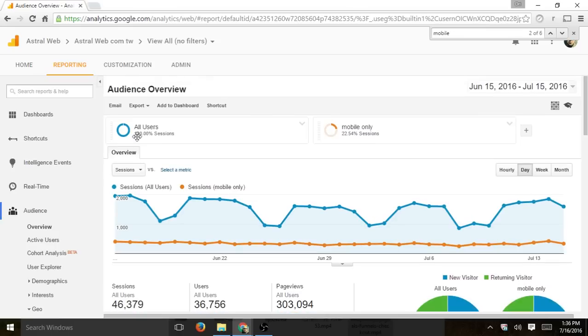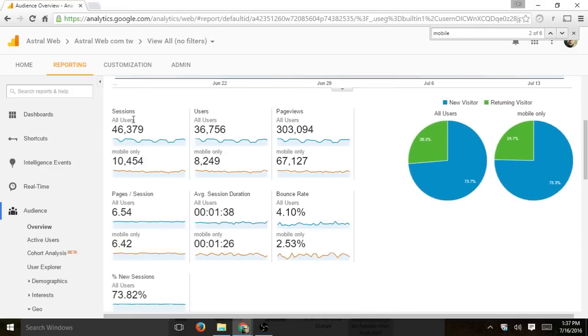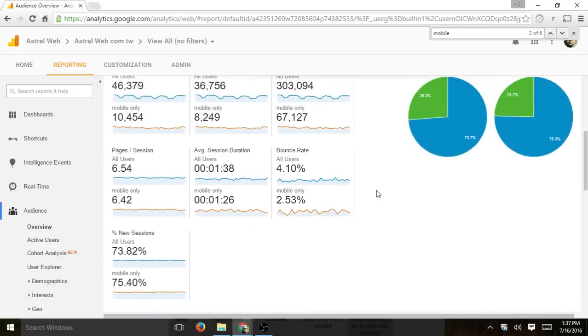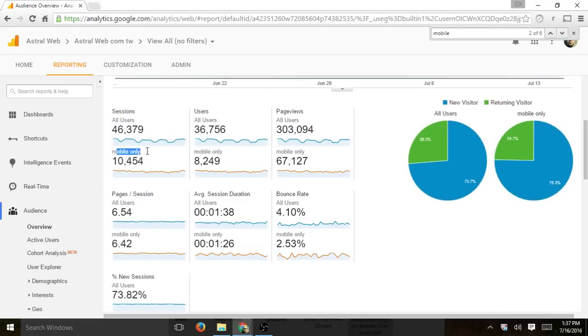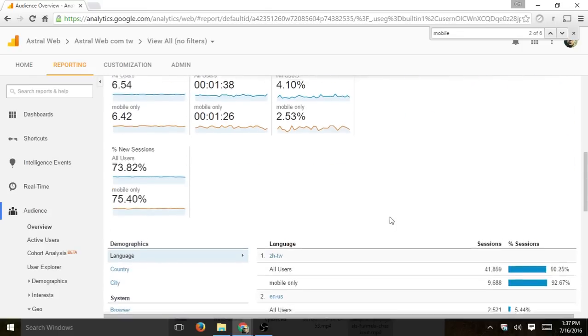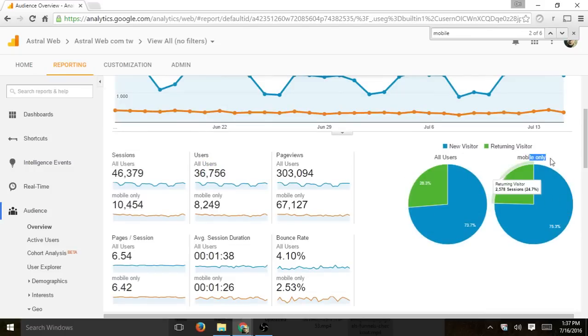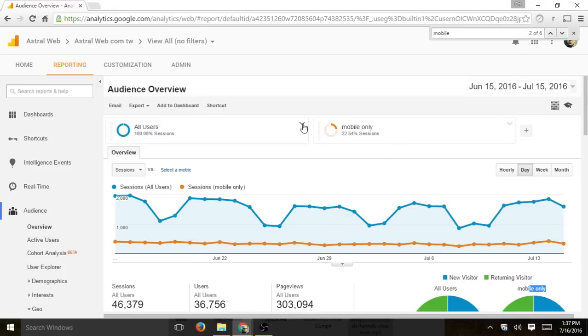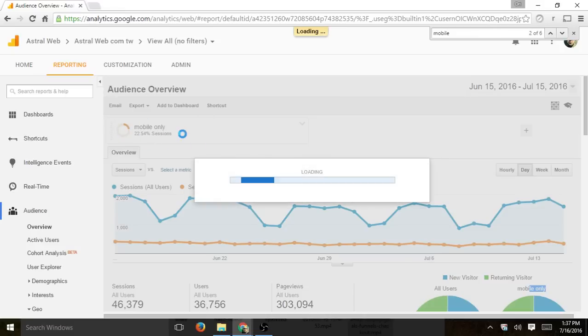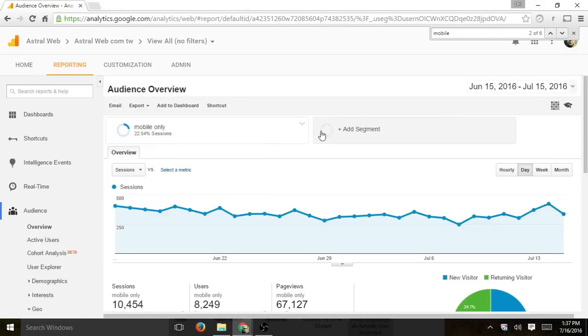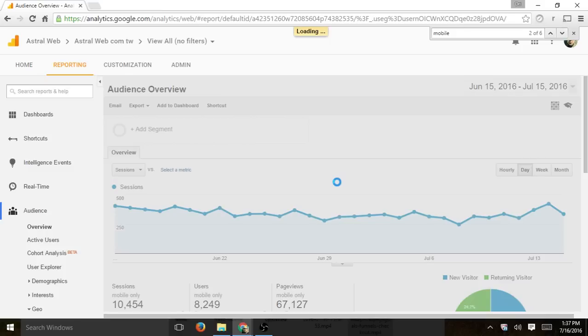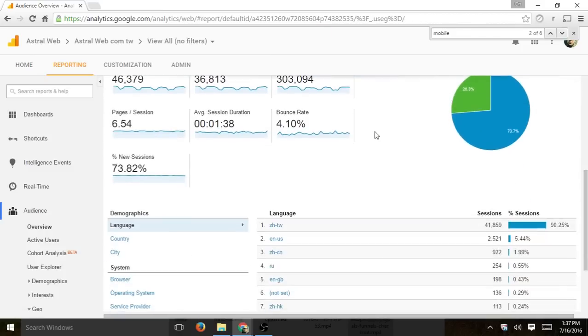and I'll be able to see now that I have both all my users, which is right here, and I have the representation of the mobile only right here. Okay, and so now it's duplicated the data twice. Okay, and you can see here, here's the all users for session, here's the mobile session for etc. So it's basically provided a second row for each data point, okay, a second graph, all users, etc. You can add up to 4 at once, but you can also remove and say, hey, I just want to show only mobile segments, okay? You can always go back, okay? Let's go here and remove. Perfect. Okay, so